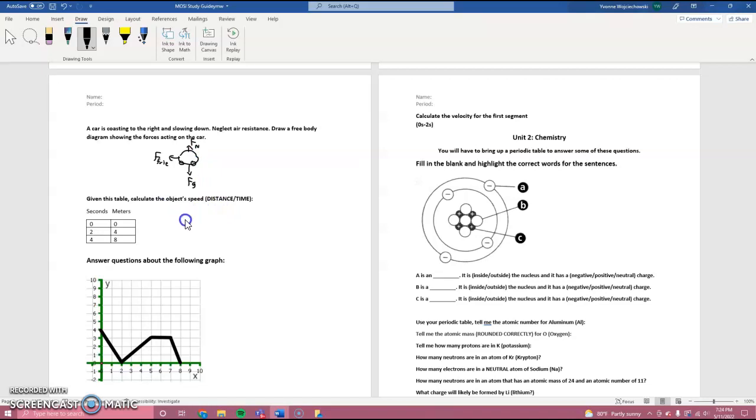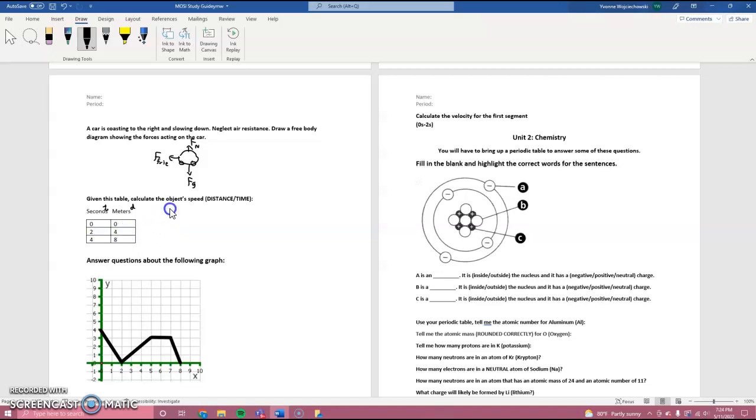Given this table, calculate the object's speed, distance over time. Seconds is a measure of time. Meters is a measure of distance. So this is our t, this is our d. And then it's just a change in y over change in x. So we can pick any 2 points here. We have a 0, 0 point, which is going to make it really easy on us. So let's use 0, 0 as one of our points, and let's use 2, 4 as